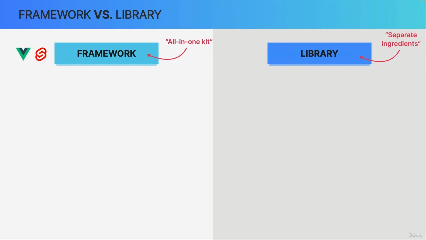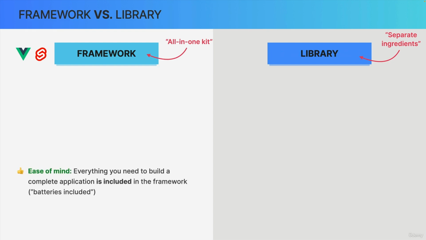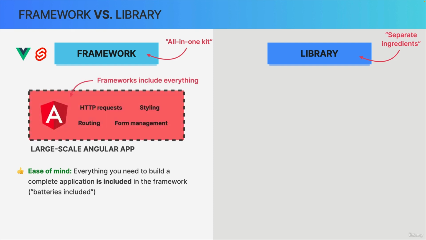framework and a library. So, in the world of JavaScript, a framework is basically a complete structure that includes everything that you need in order to build a complete, large-scale application. We can say that frameworks like Angular are batteries included, because they include stuff like routing, styling, HTTP requests, form management, and more, all out of the box. Now, the downside of this is that you're stuck with the framework's tools and conventions, even if you don't like or agree with them. However, that's actually not always bad, and so this is not a real downside for some